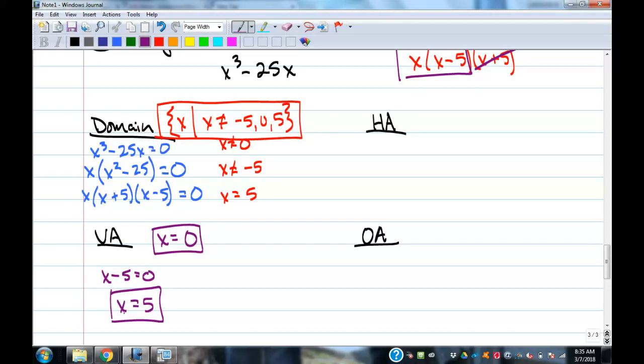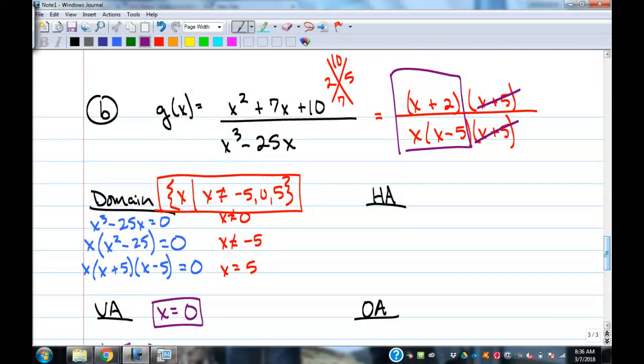Notice that that's the same values as from our domain, but we lost one of them because we had some simplifying that happens. That's where the difference can happen between domain and vertical asymptotes. If something simplifies, you lose one, okay? All right, now,